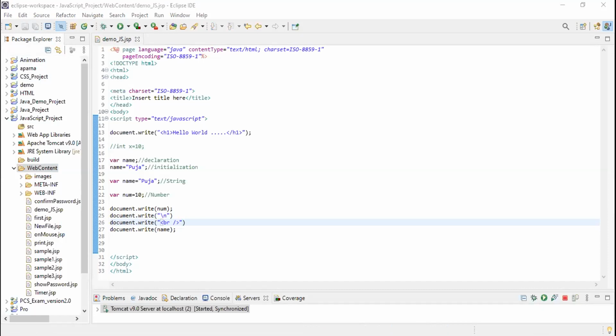Yes, ma'am, it's working. So \n is for giving space between 10 and Puja, since I'm taking 10 and Puja here. So that gives space between these, and this is for line number 26, for a new line. Okay.